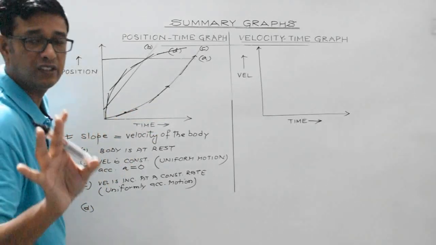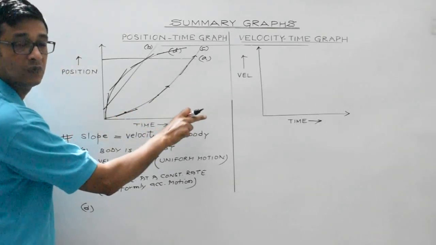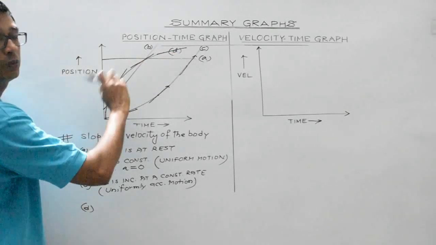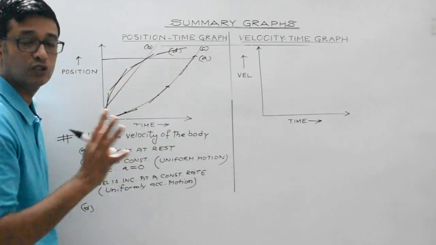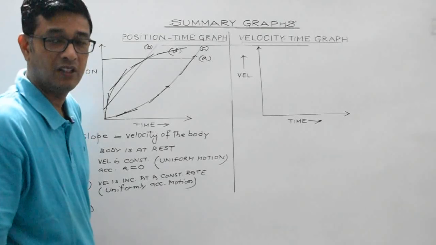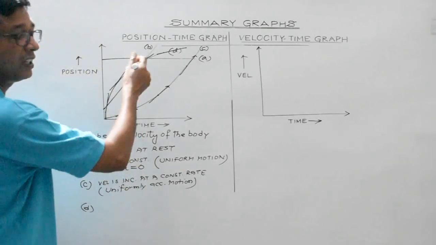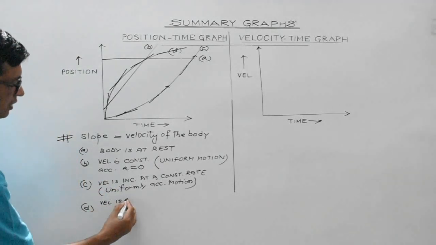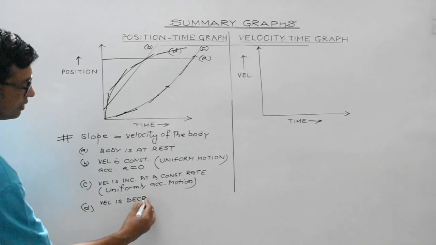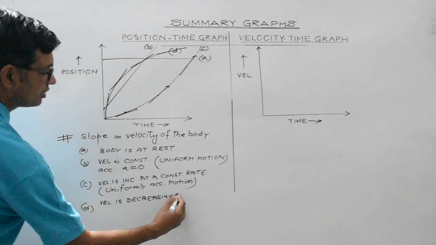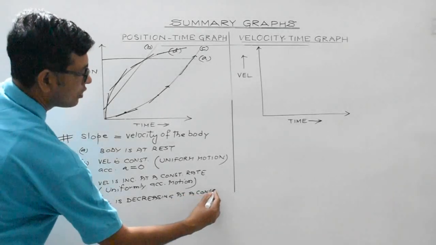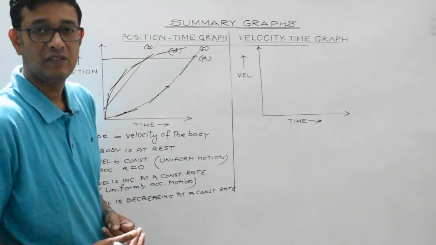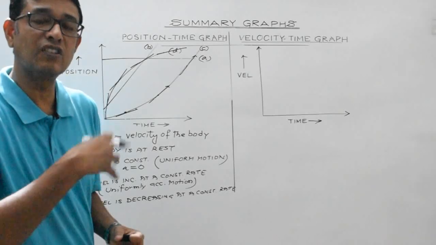So you can easily check that with the passage of time, the slope is decreasing. That is, the curve becomes more and more flat. That is, the slope of the graph is decreasing with the passage of time. Now since slope gives velocity, this is the case where the velocity is decreasing at a constant rate. So whenever the velocity decreases at a constant rate, it is the case of uniformly decelerated or retarded